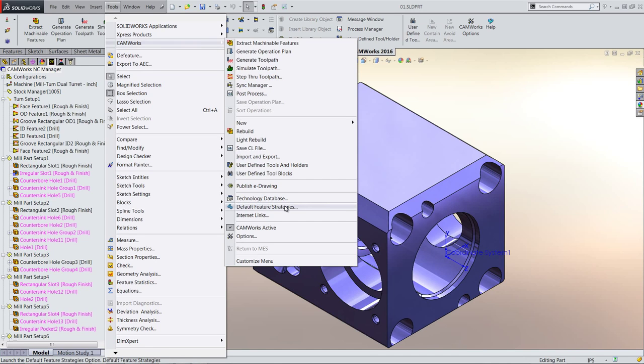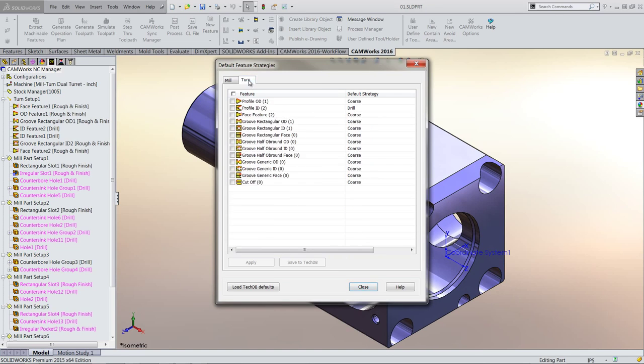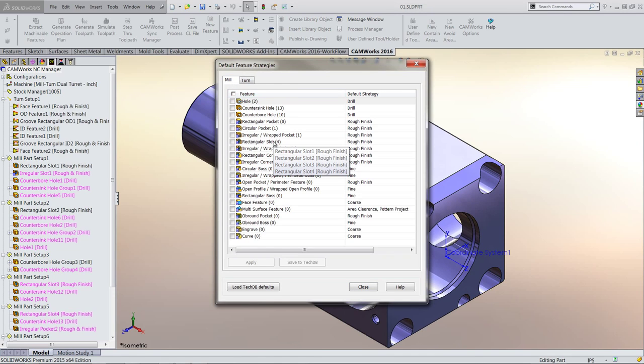Default Feature Strategies. In this box is a list of all the feature types available for the type of machine being used. In this case, I am using a mill turn machine, so the mill tab shows the mill features and the turn tab shows the turn features. This number in parentheses tells us how many of this feature type is defined in the current part. We can see on this part that there are 4 rectangular slots defined in the CAMWorks feature tree on the